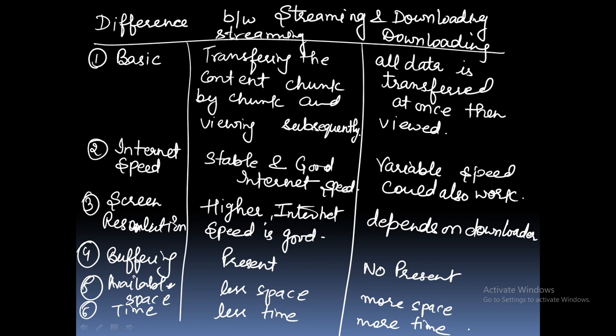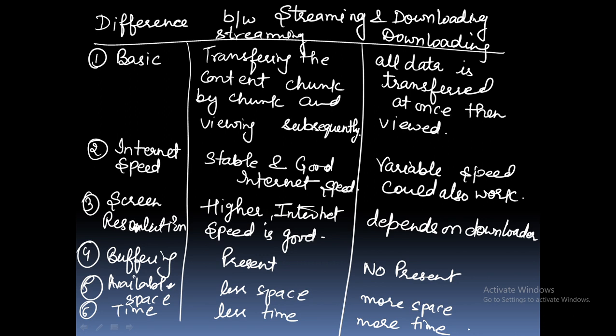The third point is screen resolution. Streaming requires a higher screen resolution because it needs a good internet speed. On the other side, in downloading, the screen resolution depends on the downloader. And the fourth point is